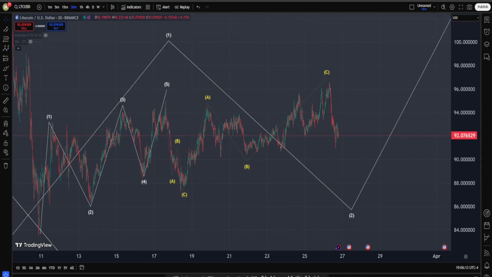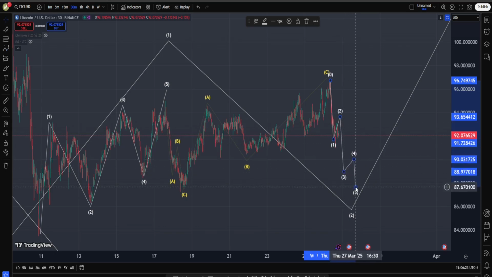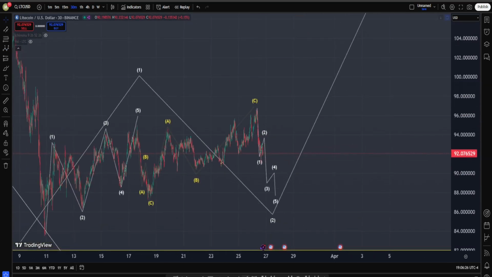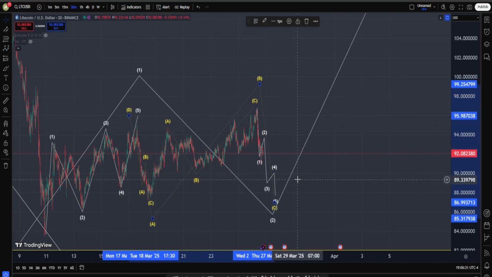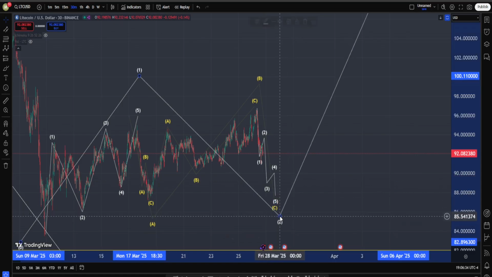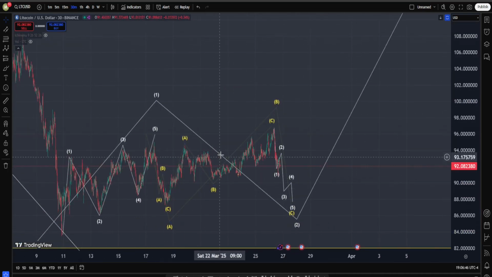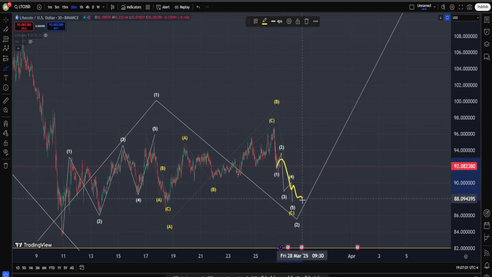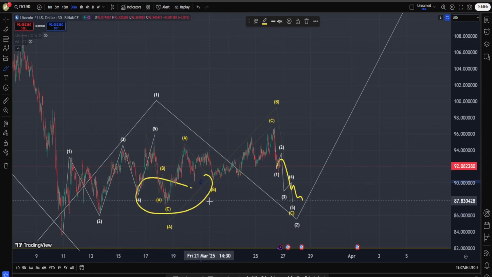And if this scenario is happening, then okay, we don't really need to be worried about the current move down being as strong and possibly in form of a 1, 2, 3, 4, 5, because at that point on a higher degree, these are going to be hopefully the subwaves of an A, B, C in form of an expanded flat into wave 2, and then we are hoping that we see a very strong move on the upside in order to get out of this region. Now, because in here I'm considering, at least at the moment, an expanded flat, we should actually expect in LTC this move down to continue, possibly a bit more in order to take this low down here,